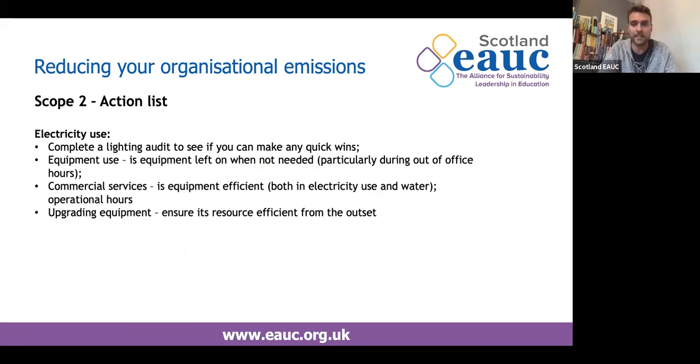Looking at scope 2, that's all about electricity use predominantly. You can complete a lighting audit to see if you can make any quick wins. Often if you've still got non-LED lighting, switching those to LEDs can be a really good way of reducing electricity use, but also making a good financial saving. You can ask for help from facilities managers. I got some assistance from the university, and we just created an Excel spreadsheet, and that was in place for over 10 years. And gradually we got through and made improvements.